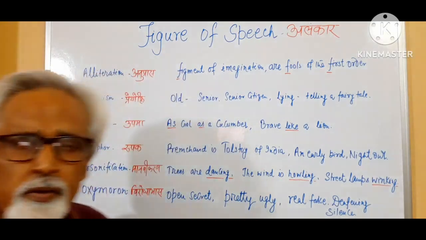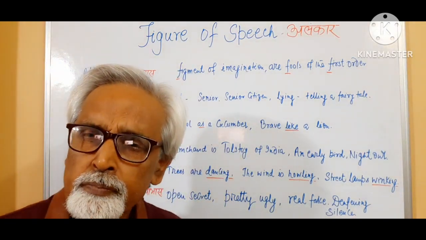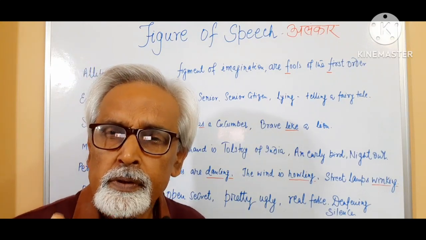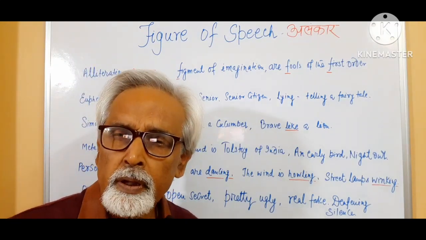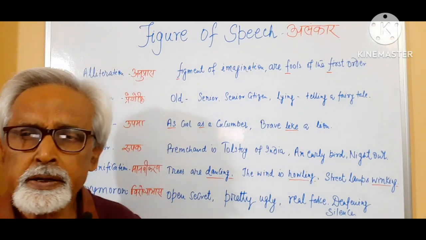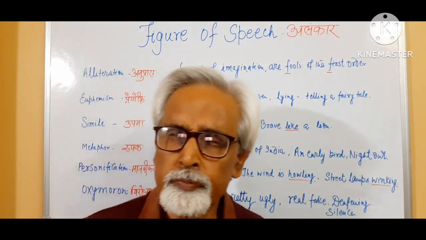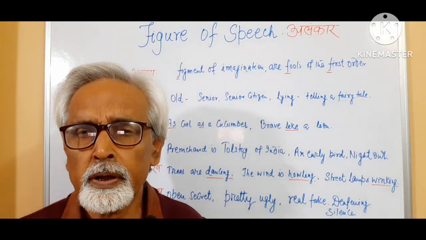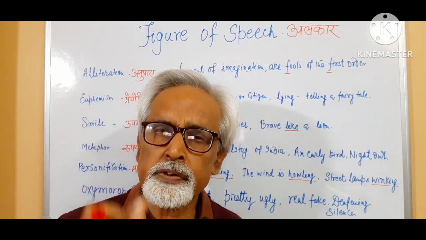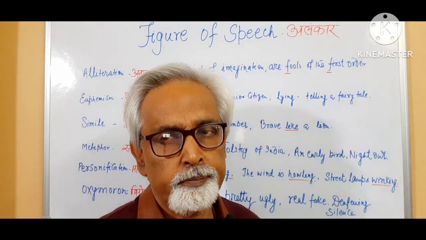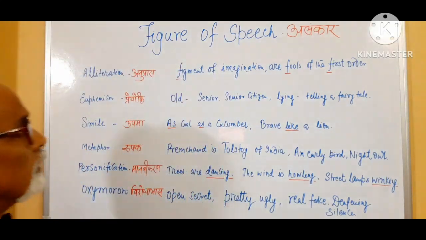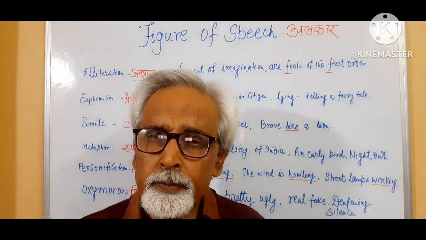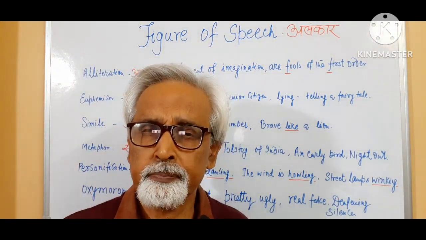Now, so many figures of speech are there, about 20 or more than 20, but some of them are important. Nowadays, most of the writers are not using figures of speech, like those used by Charles Dickens or Shakespeare. So first of all, let us see why the use of this figure of speech.